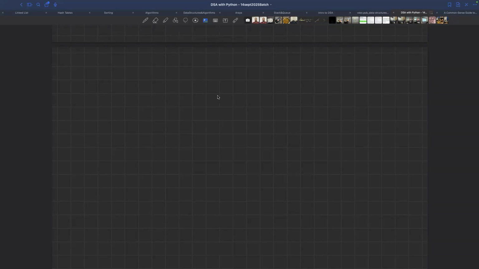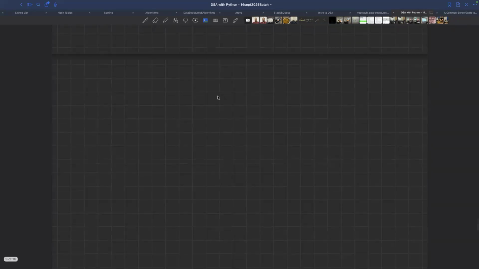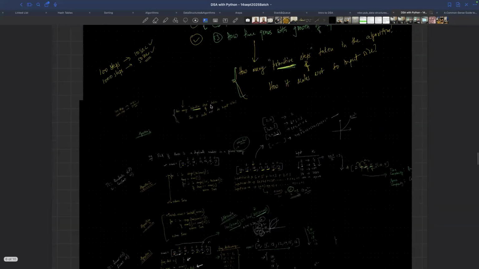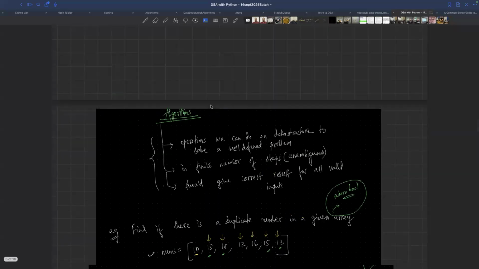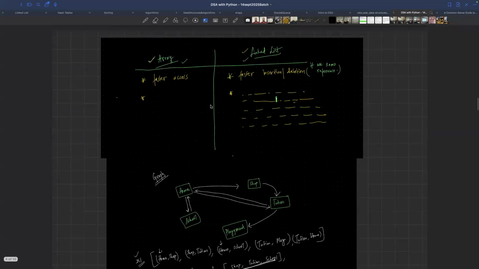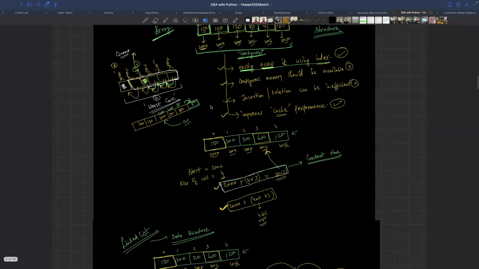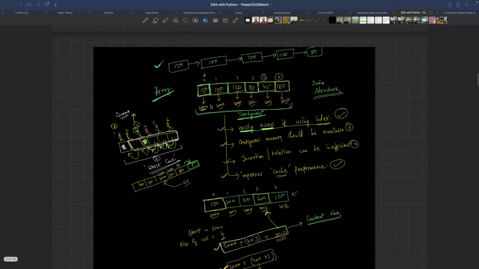So what were we doing in the previous class? I think we were doing an introduction to data structures, right? And we understood some basics of data structures. And then we also talked about algorithms. In data structures, we took a look at arrays and linked lists, and we saw how different data structures can be used in different use cases. There are situations where an array would be more suitable, and situations where a linked list can be